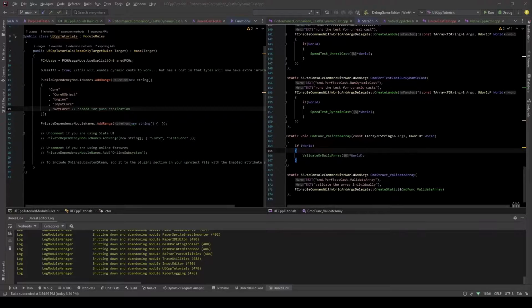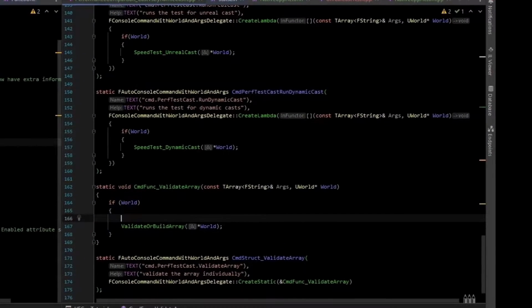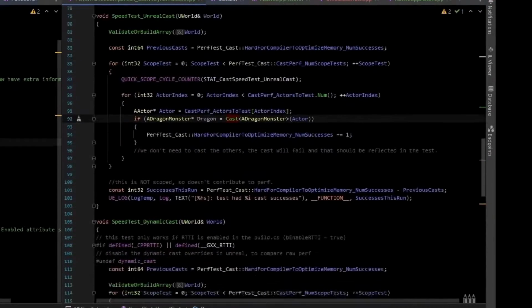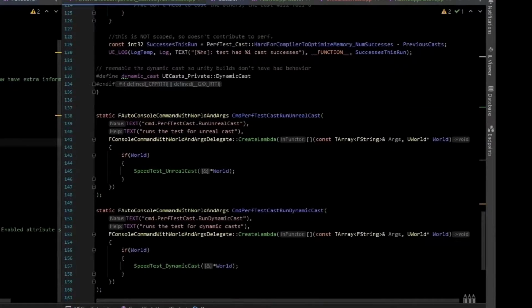Hey, so this is going to be a quick video on profiling with Unreal Insights. So I had a previous test here that compared the dynamic cast from C++ to the Unreal cast. And part of that test was setting up an array of actors, and that array is rather large. I figured that would be a good thing to measure as an example of how to set up a session